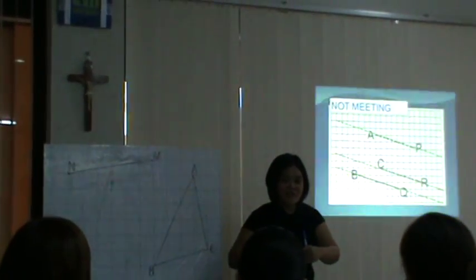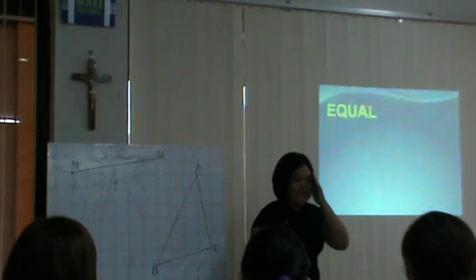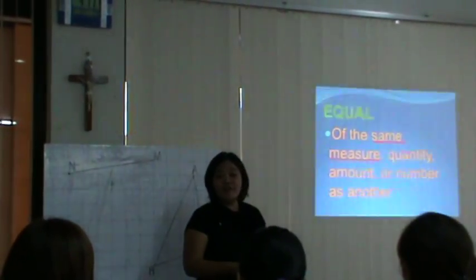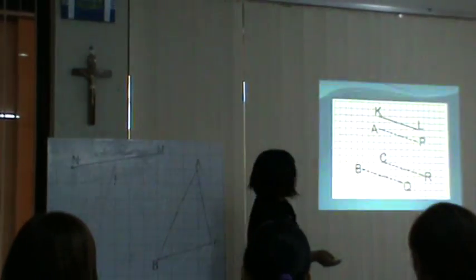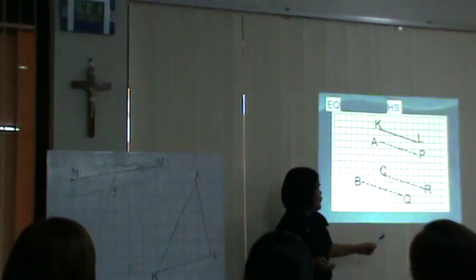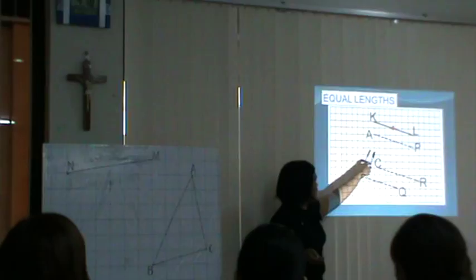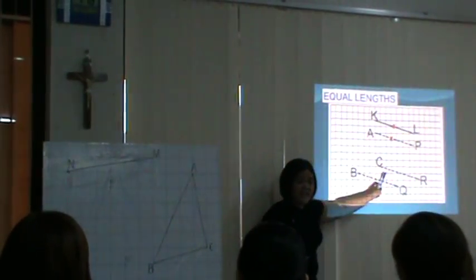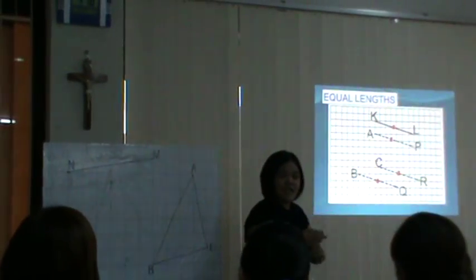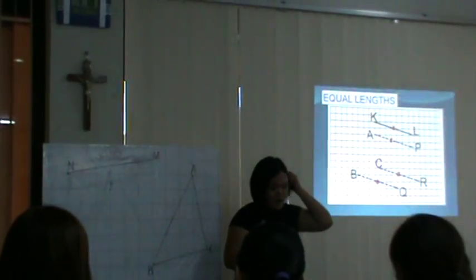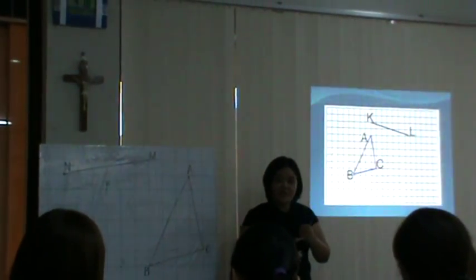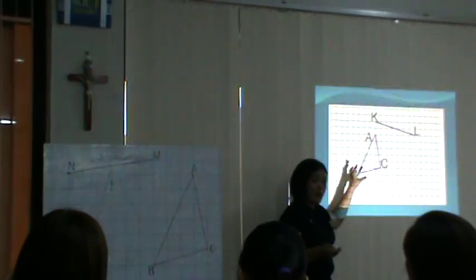And there's another relationship, that is, they are equal. Meaning, they are of the same measure, quantity, amount, or number as another. So which measure? It's the measure of KL. Whatever the length of KL is, that is the same for AP, CR, and BQ. So that's the relationship. They are parallel and they are of equal length. Keeping those in mind, same direction and same distance, we are now able to translate